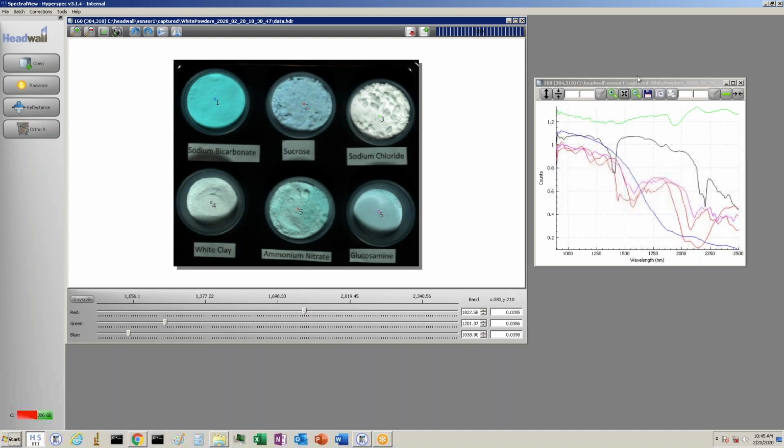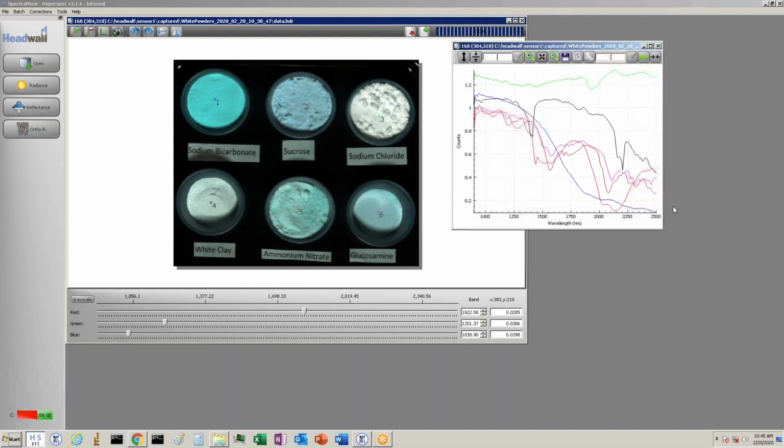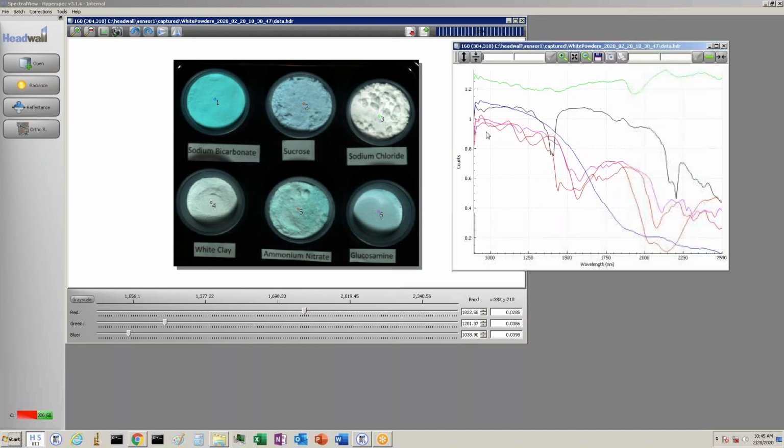And so now we can see here a single spatial pixel from each of the different white powders. And we can even use these spectra to select some other RGB bands that might give us more contrast for our